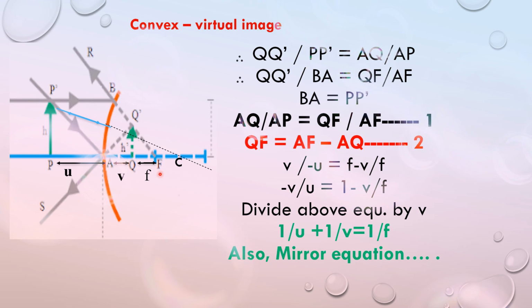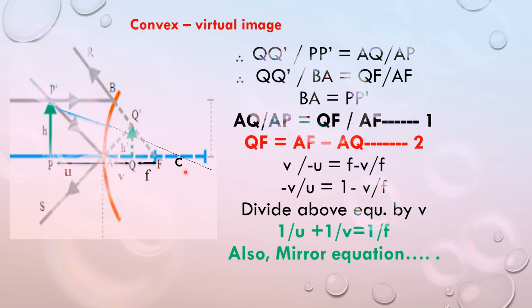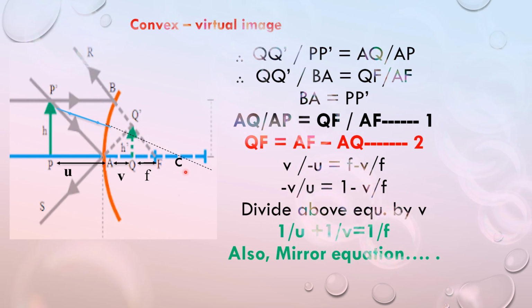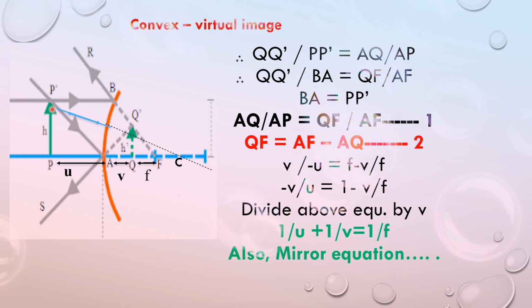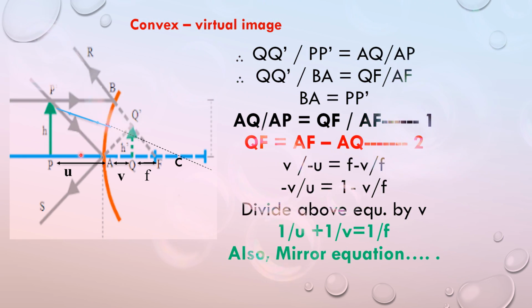Another ray we are considering is P dash to C. So here the ray passing to the center of curvature, which is nothing but C, we know very well is reflected back along the same path, which means it is retracing its path. Another ray we are considering similarly is P dash A. So the third ray P dash A, incident at the pole A, is reflected along AS. So the three reflected rays, when produced, appear to meet at the point which is nothing but Q dash.